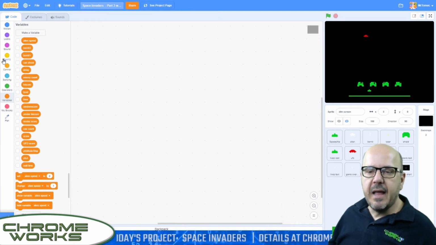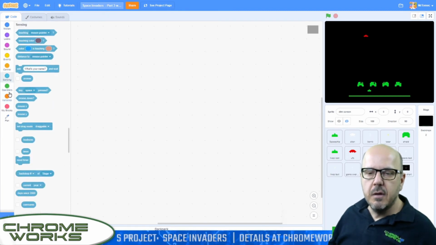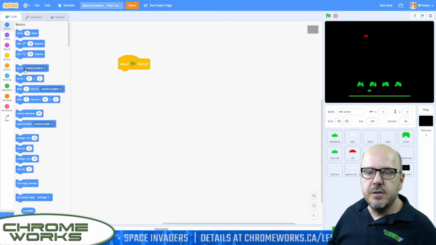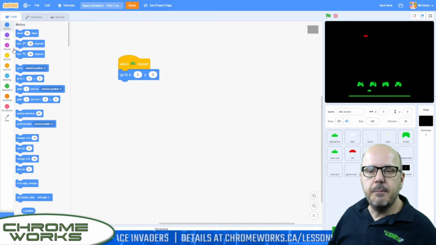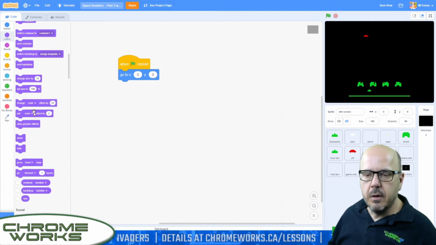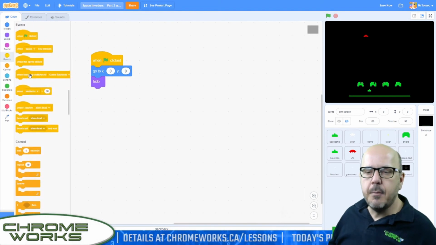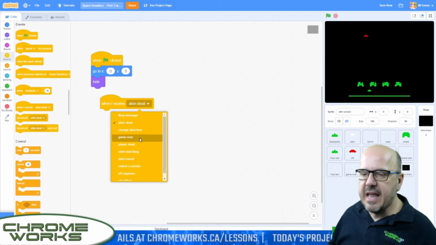So when the green flag is clicked, we don't want to be seeing this. So let's go to our events. When green flag clicked, go to the middle in case we slipped it out of the way, and then we'll hide it. We'll go looks, hide. All right, that'll be out of our way until we receive a game over event. So when I receive a game over,